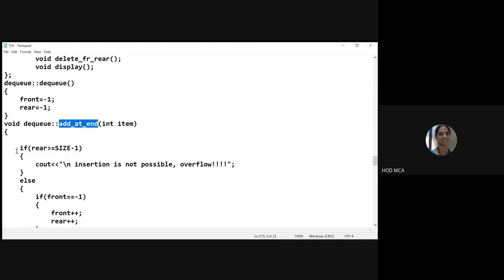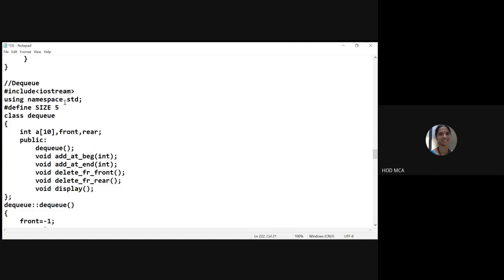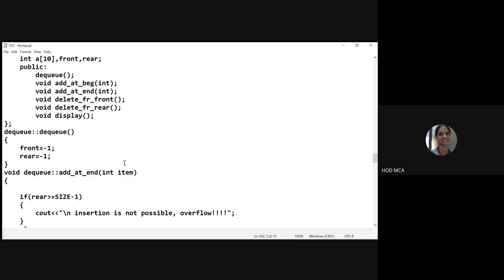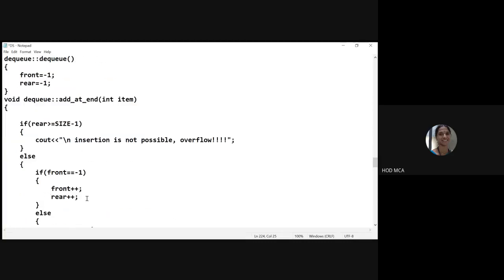Then what you have to check, whenever you want to insert? You have to check for overflow. Correct? So if rear is greater than or equal to size -1. So what is the size that we have? Yeah, size we have defined as 5. So 5 means 0, 1, 2, 3, 4. Correct? That is the elements that you can insert. Now, if it is greater than or equal to size -1, what is size -1? 4. Correct? Then you cannot insert, because rear is already pointing at the last location. Then you will not be able to insert anything else.